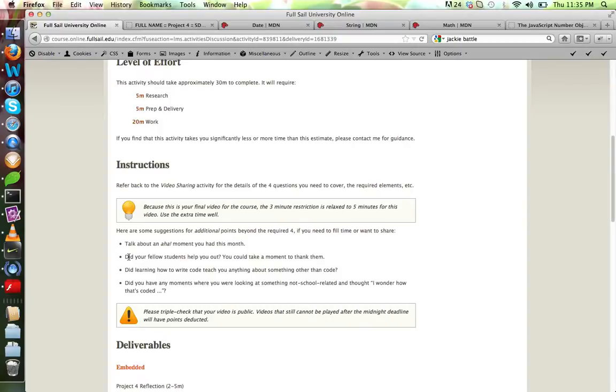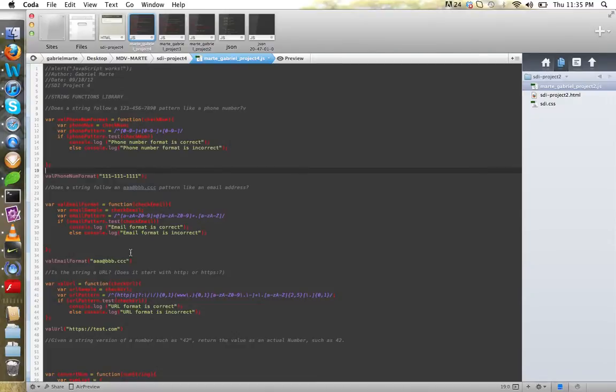As far as an aha moment that I had this month, I would have to say it's pretty much in this project itself. When I started creating my variables and looking at some other stuff online, because I did start doing a little bit more outside research and looking for examples, I started seeing how other code is compiled, but I'm still having trouble figuring out what's the best way to go about it. There's so much more information out there that I still feel like I need to be guided.